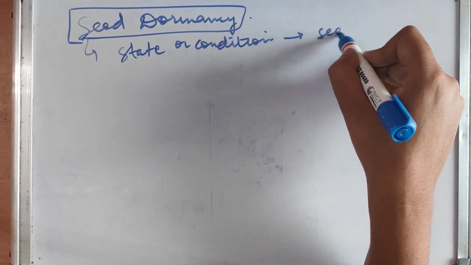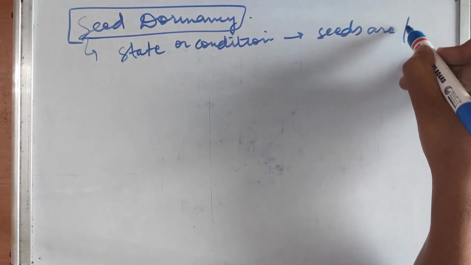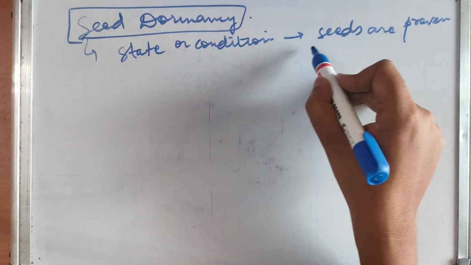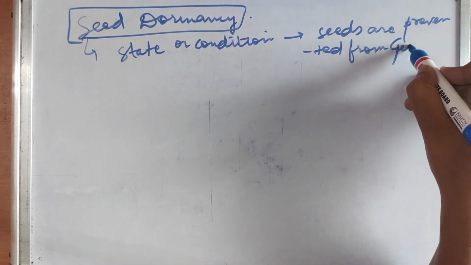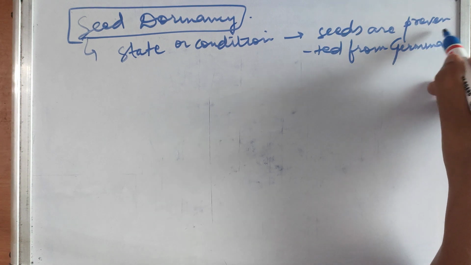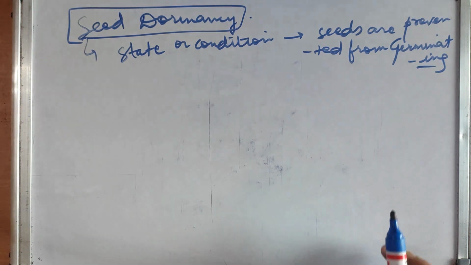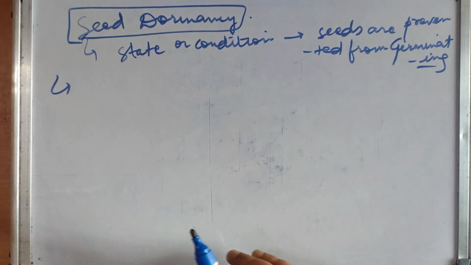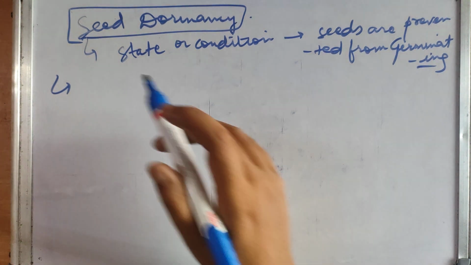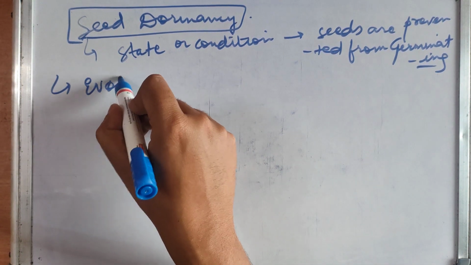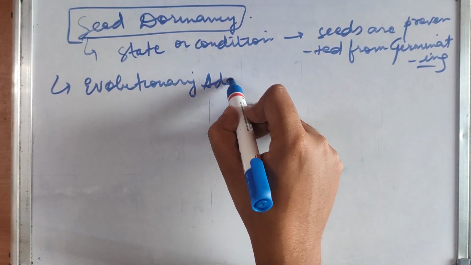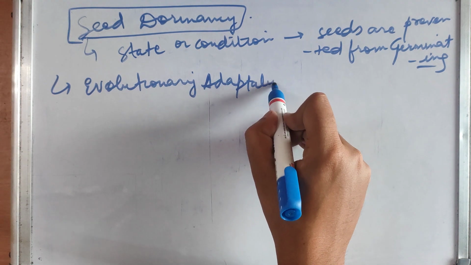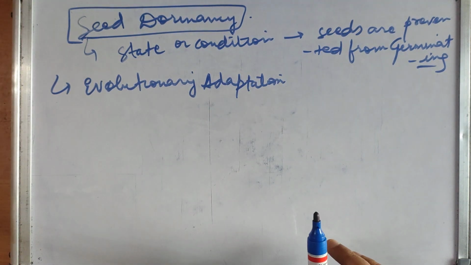We prevent seeds from germination. It is an evolutionary adaptation that prevents seeds from germination